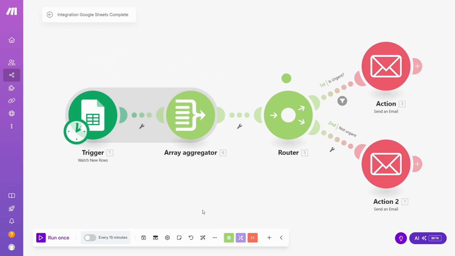Today we're unlocking the power of mastering modules on Make. Ever wondered how to automate workflows like a pro? Welcome to the world of Make modules, the secret sauce behind seamless automation. In this video, we'll take a deep dive into triggers, actions, routers, aggregators, and more. By the end, you'll know exactly how to chain these building blocks together to create powerful automations that save time